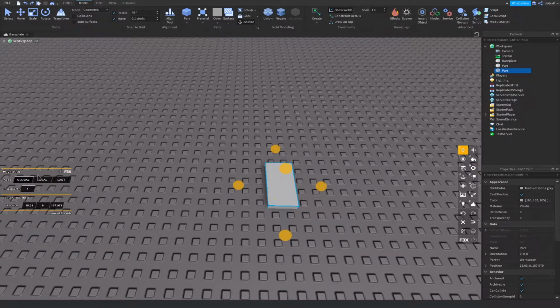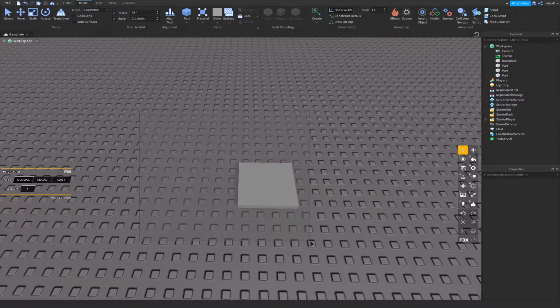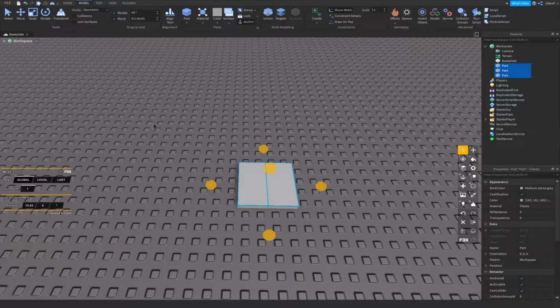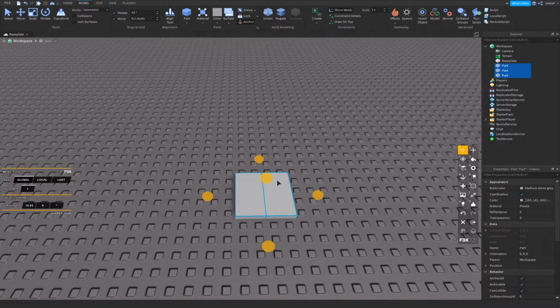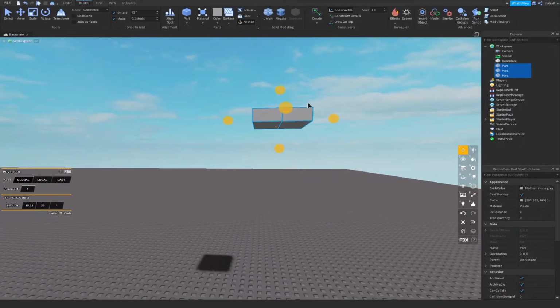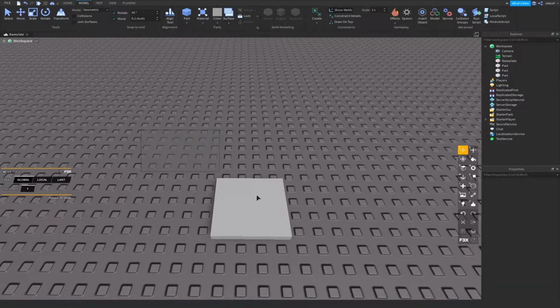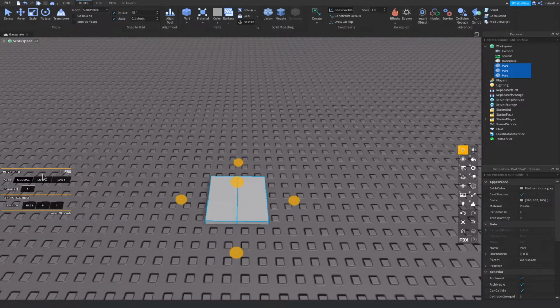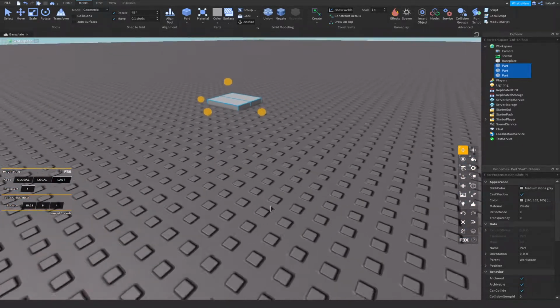And for local, big difference. But if you had to be one and then group, well, not group it, but select both of them. Well, let's just say the 2 of them. And then when you press local, it's different because it's on this side. If it's last, it's almost basically the same,